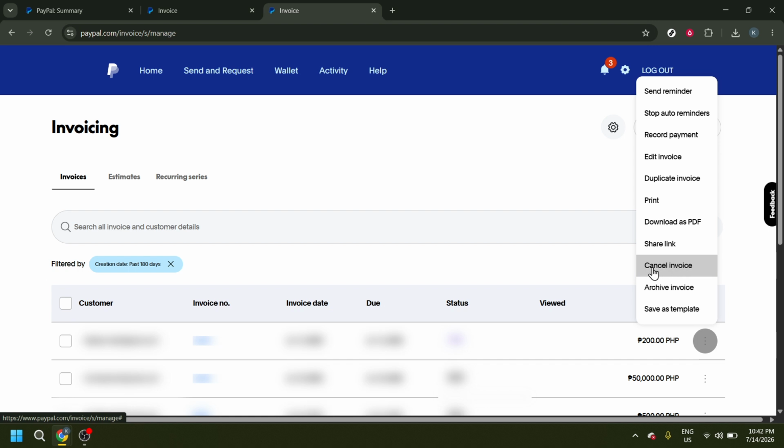Before clicking, it's always a good idea to quickly confirm that you've selected the correct invoice, especially if you manage several at once or send invoices regularly. One helpful tip is to review the invoice status after canceling, just to make sure the change has been applied successfully. That way, you can avoid confusion later and know that the invoice has been properly updated in your records,